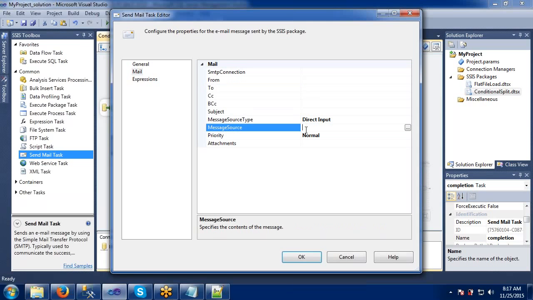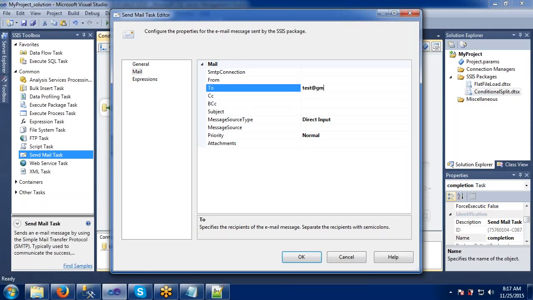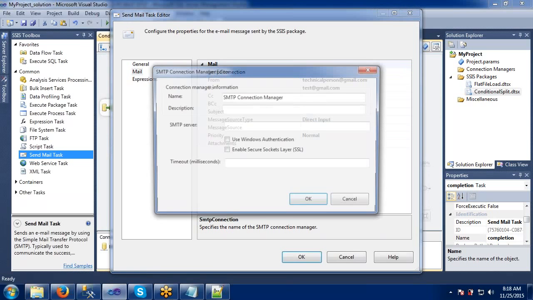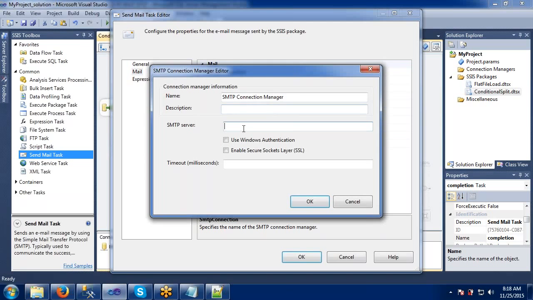We can specify a subject and all these things here, and from whom, some technical person. It needs an SMTP connection, but as of now we don't have the SMTP connection. That's why we are not able to execute. Here the server details have to be given, and as of now we don't have them, so I'm not executing here.